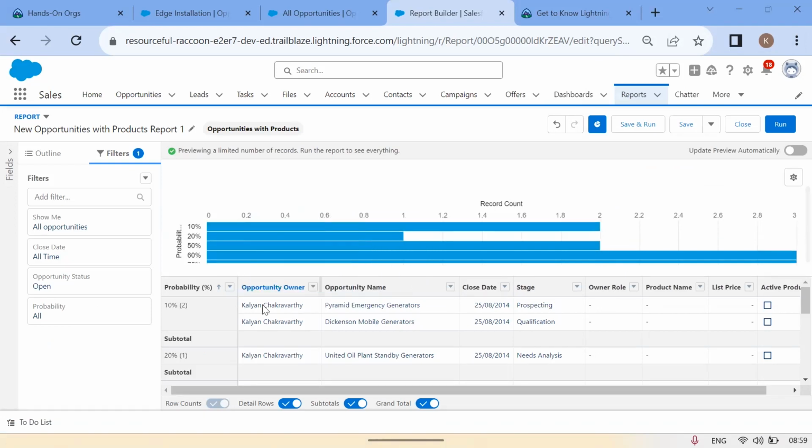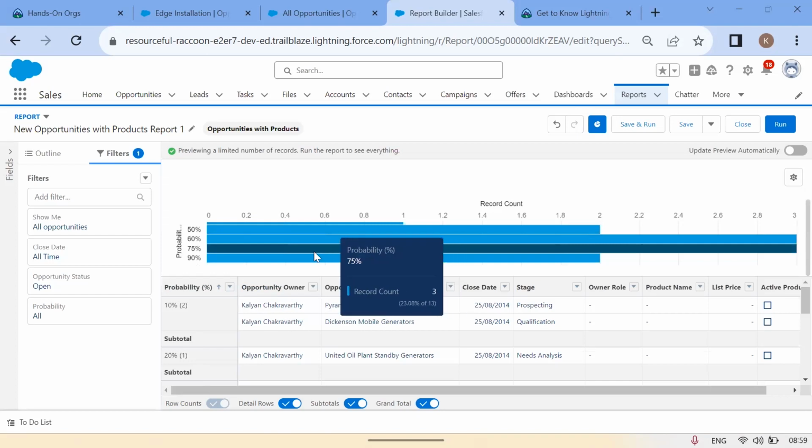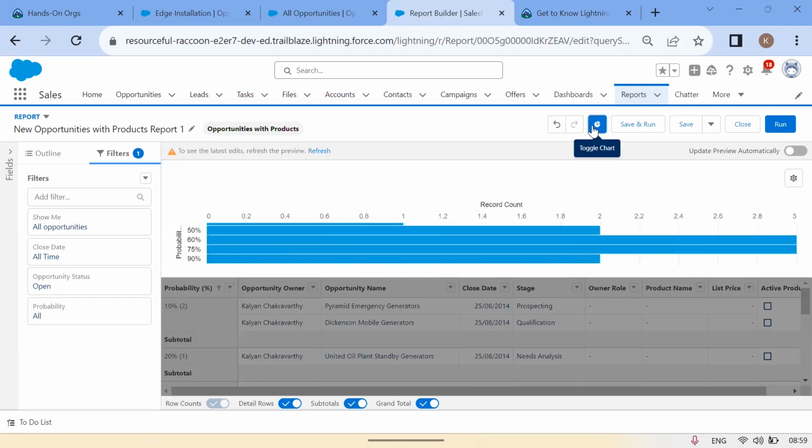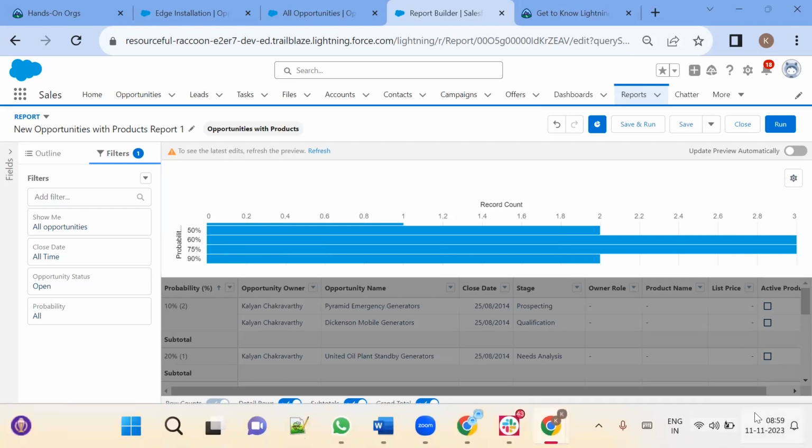With 10% probability, there are two opportunities. With 20%, there is one, and with 50%, there are two. With 60%, there are three. Like that. How is it possible? With the help of this chart. Are you getting my point? A chart is nothing but a graphical representation of your data, of your reports. So if I am a developer or admin in a company, and I have a sales manager